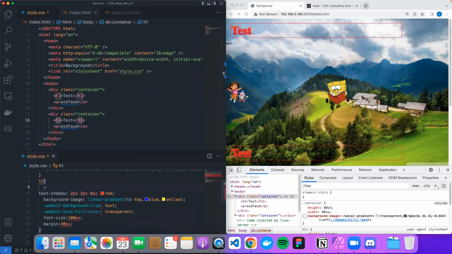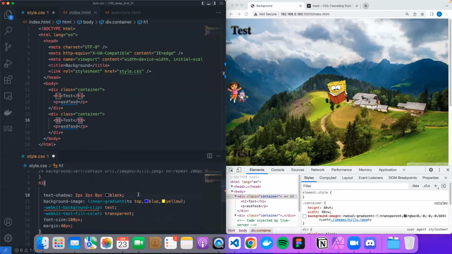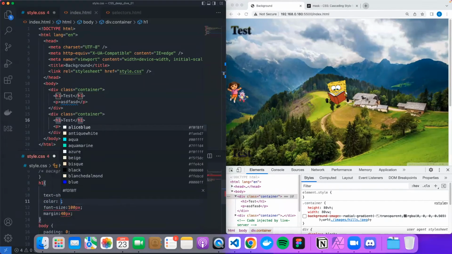So I just want to kill some red. Black. Since I've applied the text shadow, it is actually applying the color also and not making it transparent, and this is getting disturbed. But if you don't have this effect and set the color property to white,